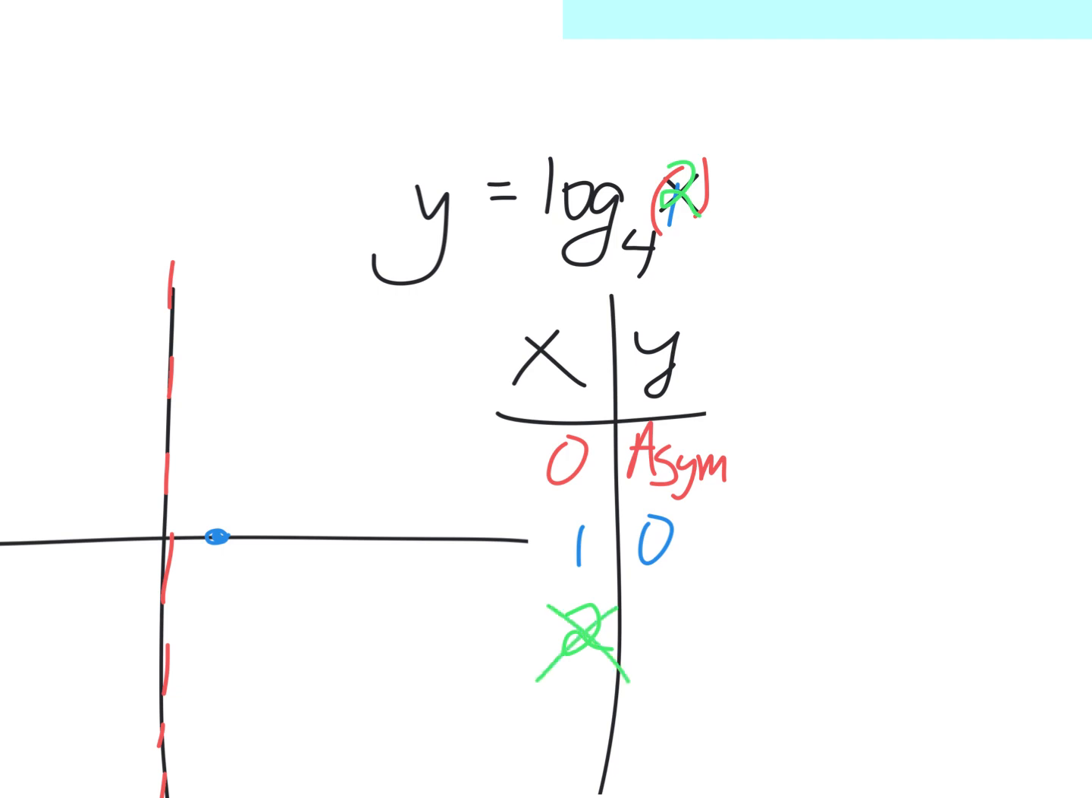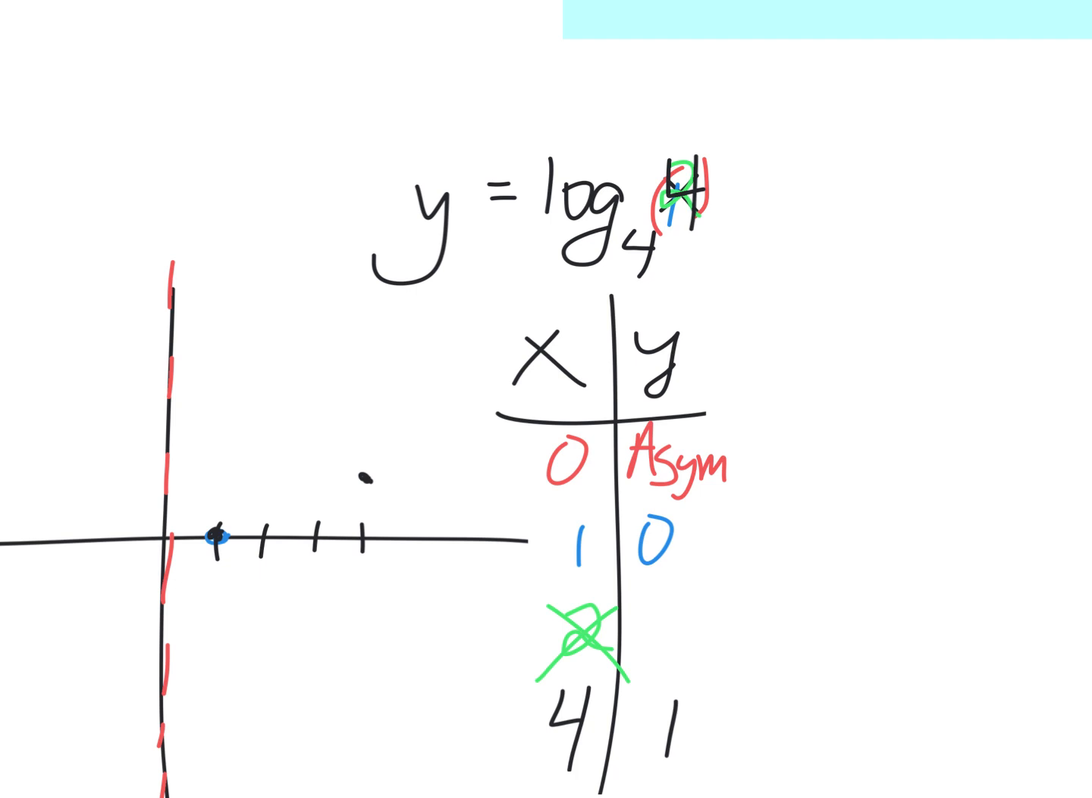What would be easy? 4. Log base 4 of 4 would be easy, so use 4. And then it's 1. I got 2 points. Is that enough? I said 3. All right, I'm going to give you another one that is a really easy one to get